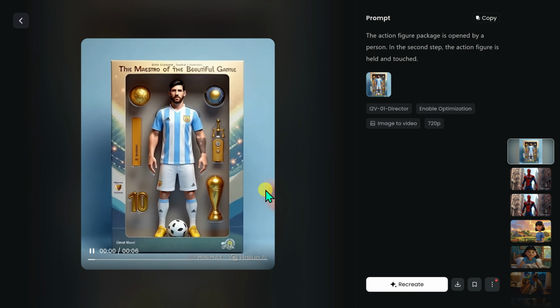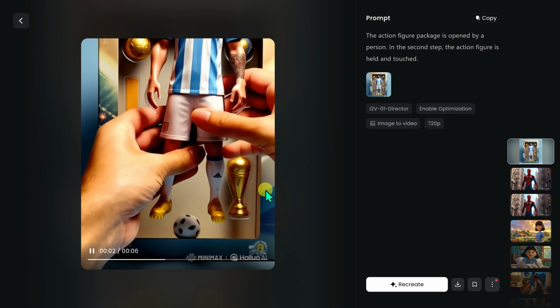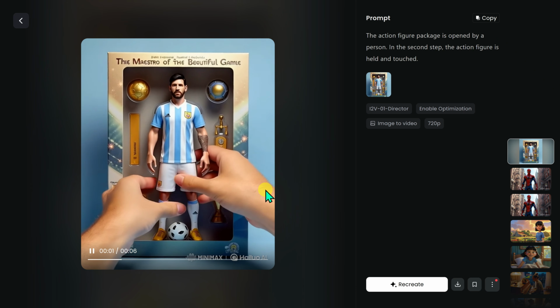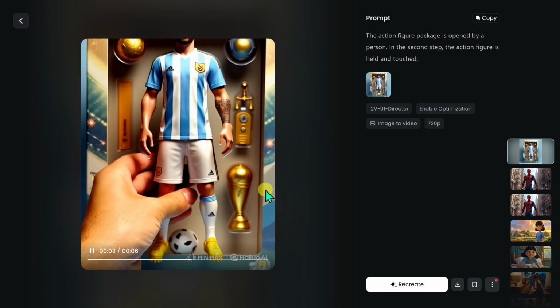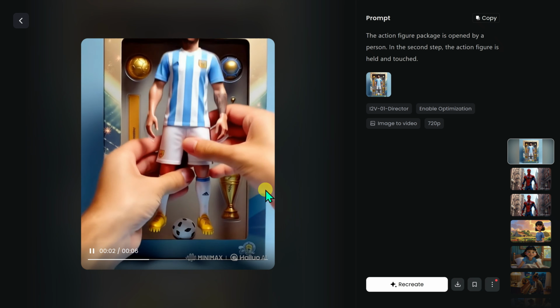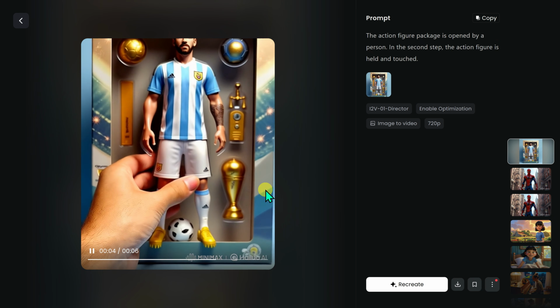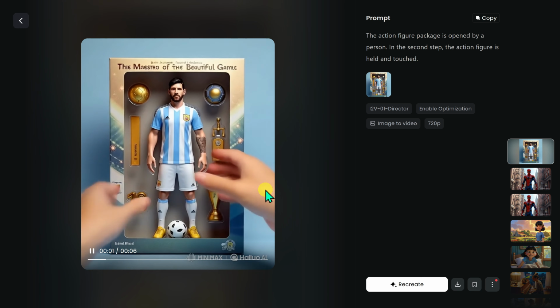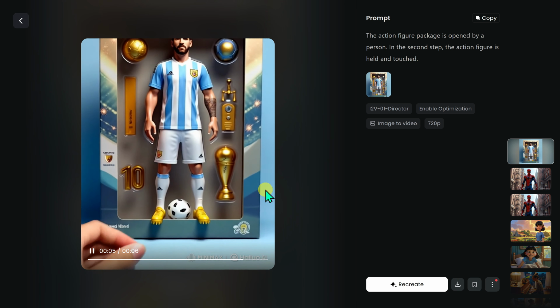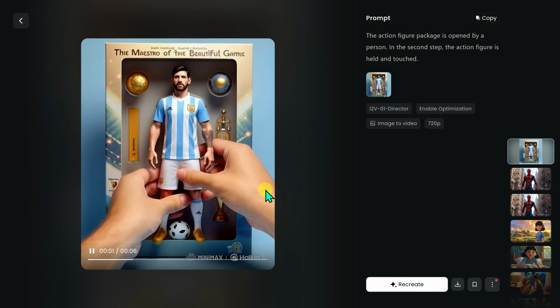I was completely satisfied with the first result. That's something I have said a few times now, and it's worth repeating. Don't be afraid to experiment. These tools are incredibly powerful, but they are also creative partners. The more you fine-tune your prompts, the closer you will get to something amazing. And eventually, you will land on that perfect animation that brings your action figure to life just the way you imagined it.